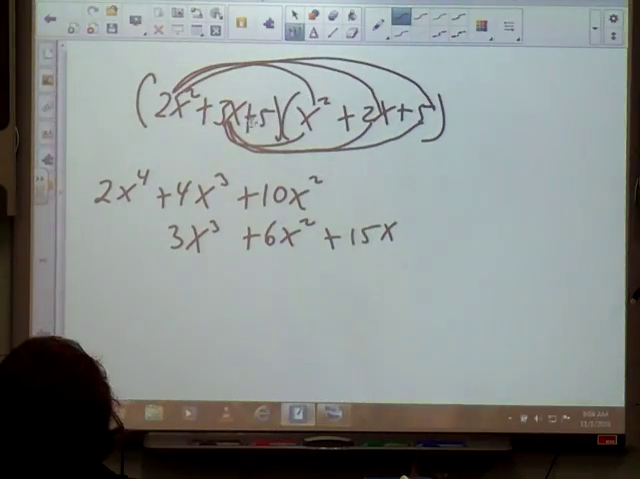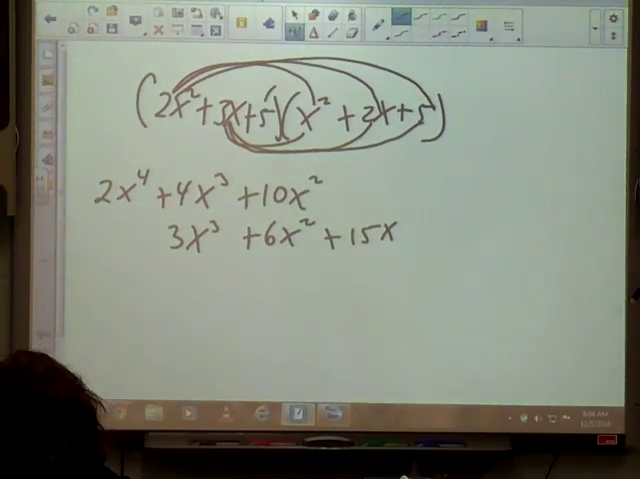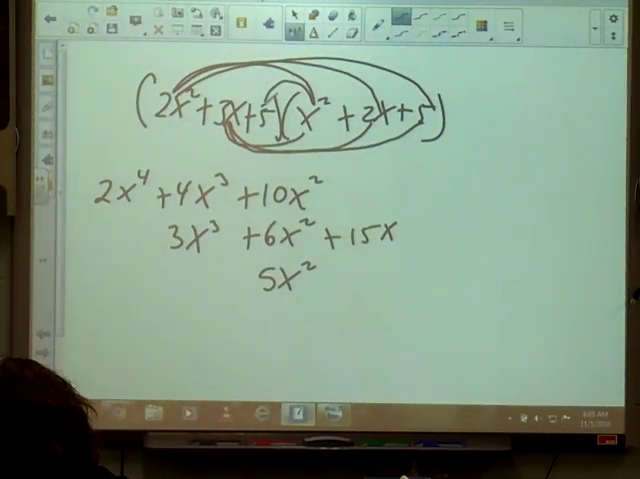So then I still have that 5 left, so I took it everywhere. 5 times x squared is 5x squared. 5 times 2x is 10x. And 5 times 5 is